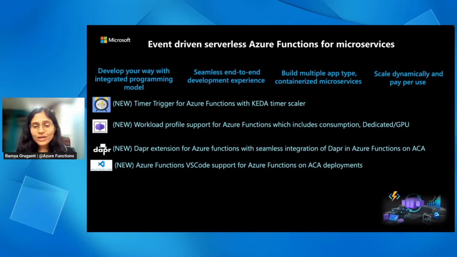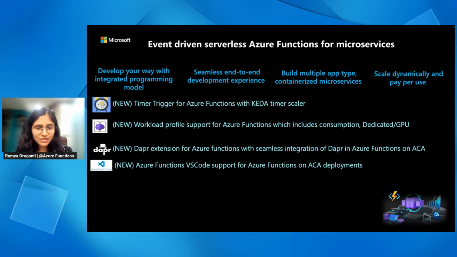Customers were facing challenges with managing the underlying Kubernetes clusters, getting Microsoft support on the OSS components they use along with the Functions program and code, and this was also increasing their operational costs. So to address this feedback, we've come up with a new hosting option